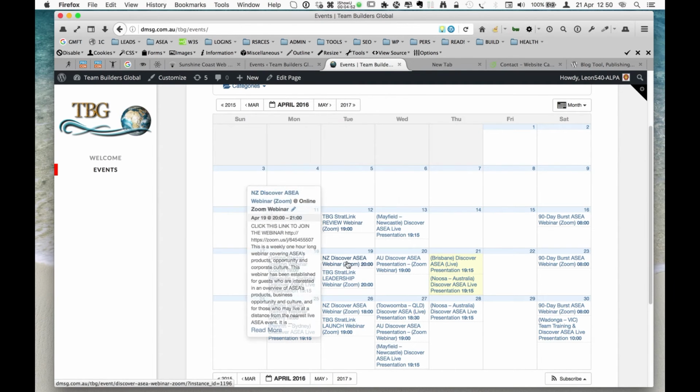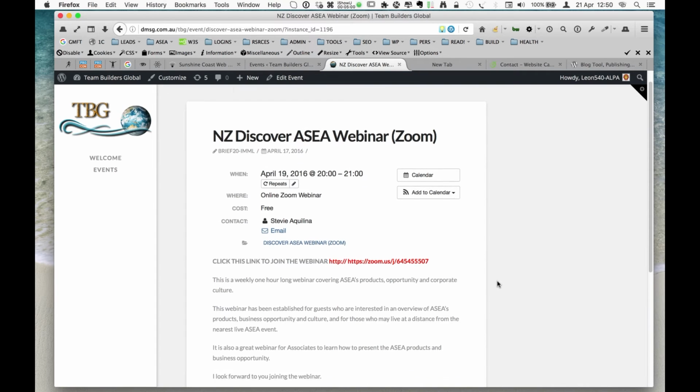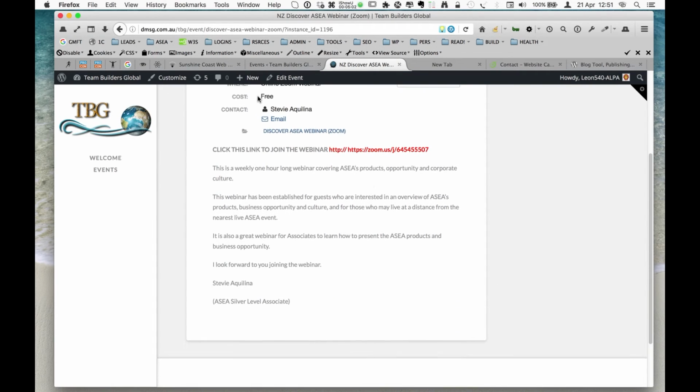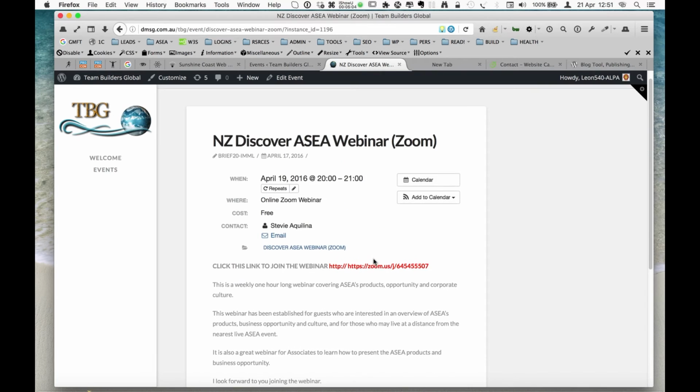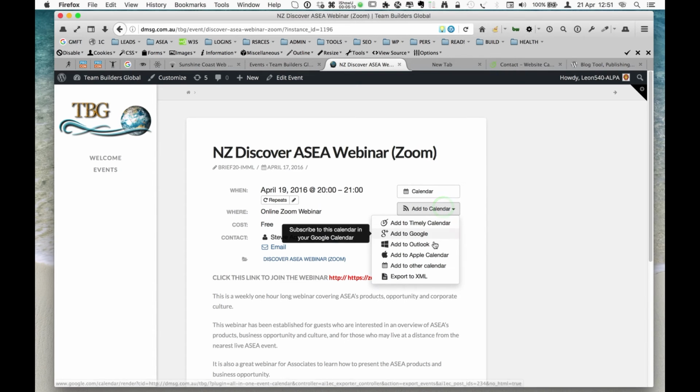So we'll just pick one at random here. We'll say the New Zealand one, just over here. We click on that in the main calendar here. It opens up that specific event, tells us a bit about it, how to join the webinar and that kind of stuff. Same thing, we're just going to add to calendar here, and in this case we're just adding that single event